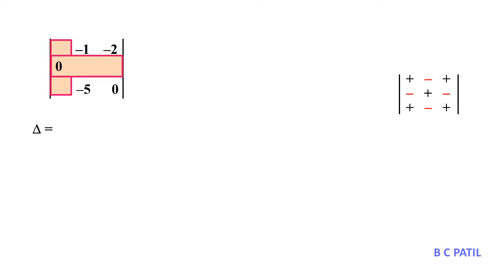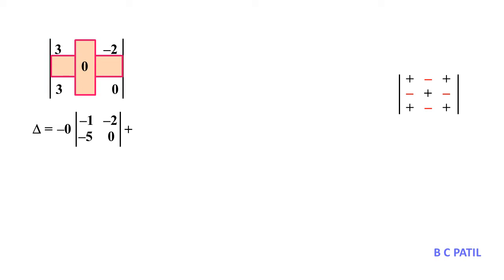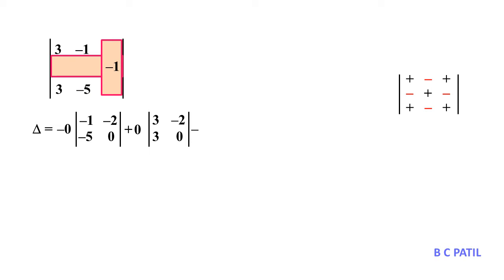Delta equals to 0 into, plus 0 into delete its row and its column element, minus 1, minus 2, minus 5, 0. Next sign, plus, element is 0, delete its row and its column element. Remaining elements are 3, minus 2, 3, 0. Next element, minus 1. Minus 1 into